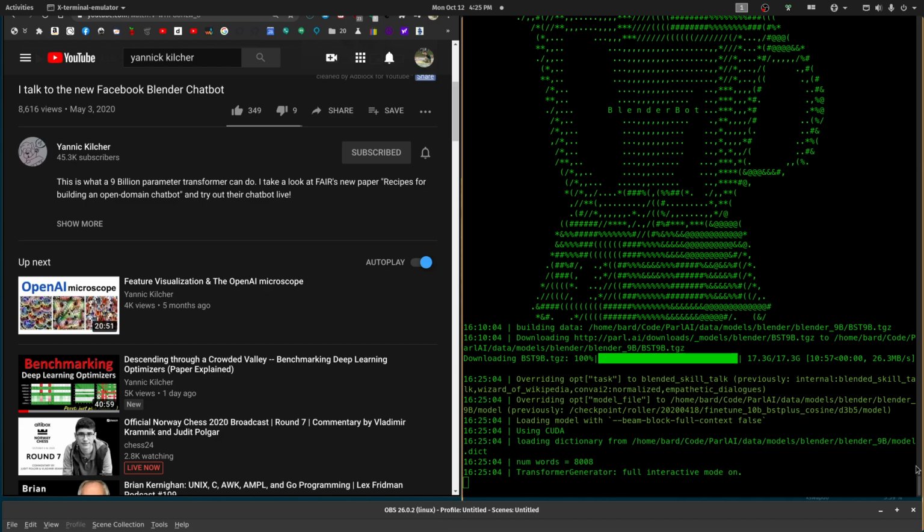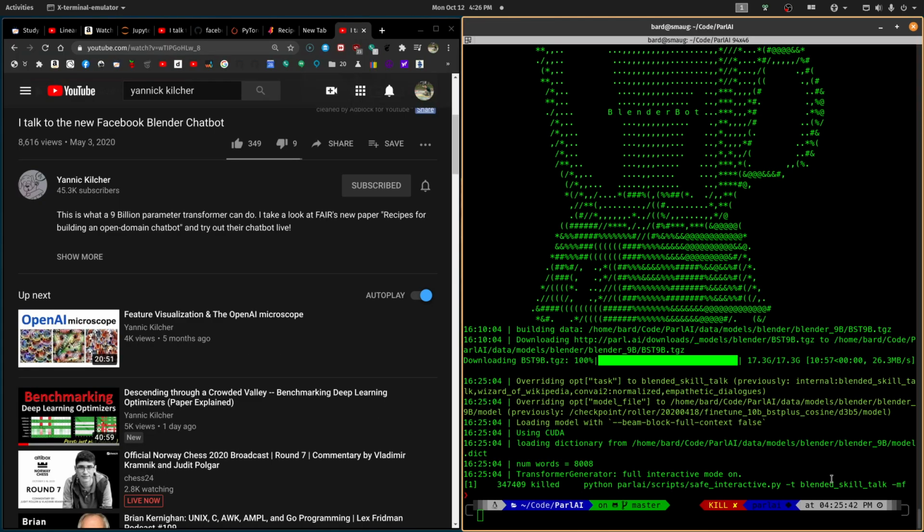All right, so it's overriding opt-task to blended skill talk, whatever the hell that is. Overriding the opt model file to the 9 GB file. Doing some sort of checkpoints. We're loading the model with the beam block full context equal to false. Using CUDA. Loading the dictionary. So there's a big 9 billion model dot dict.